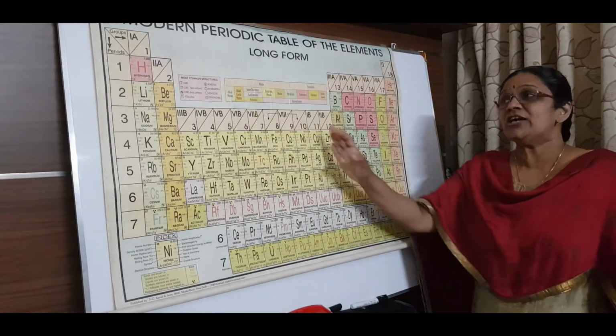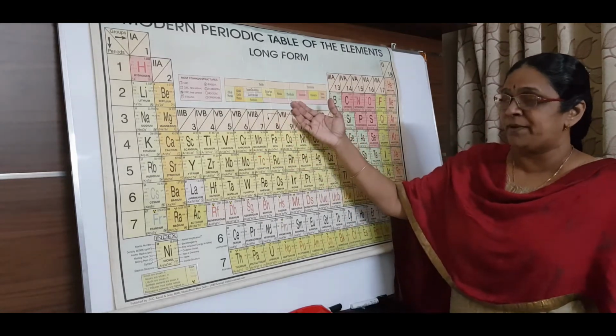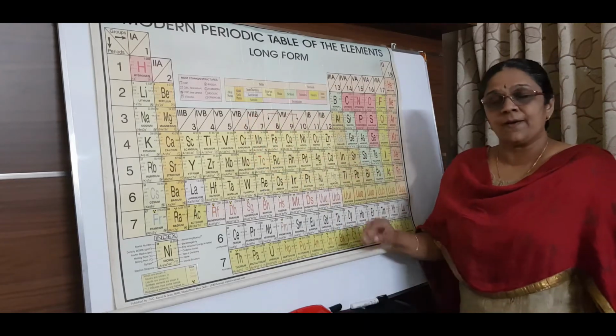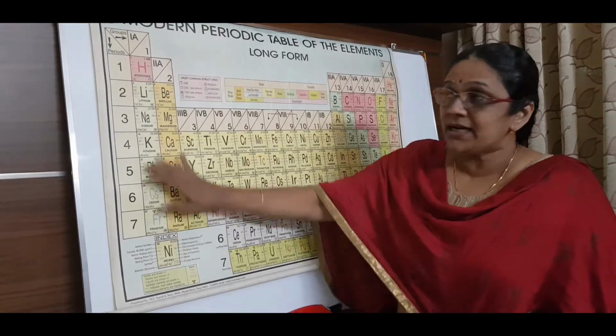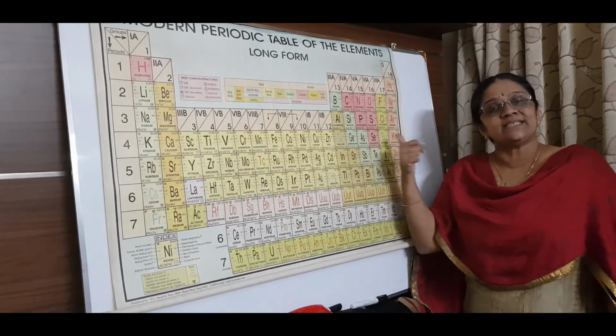Okay, it is not divided into A or B. This is just a little bit long, the previous one. That is why it is having A and B. Okay. Now you know the vertical columns are called groups and the horizontal columns are called periods,